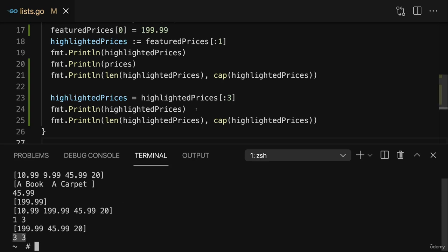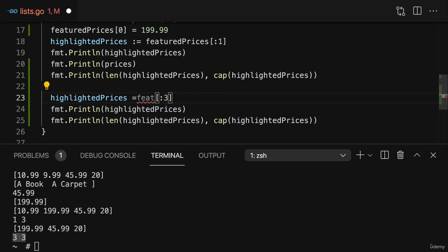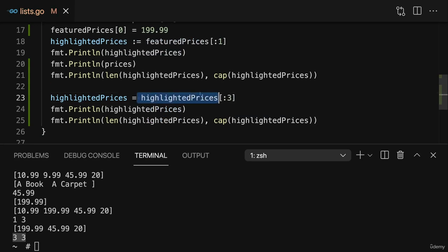Now that is a quite interesting behavior because I did now reslice highlighted prices based on the previous highlighted prices slice. It might have been clear that this works if I would have used featured prices here. But I did not do that. I used highlighted prices here. And highlighted prices before in this code block was just one value, because we sliced it to be only up to the second value. That's what I meant with you can always select more towards the end of an array